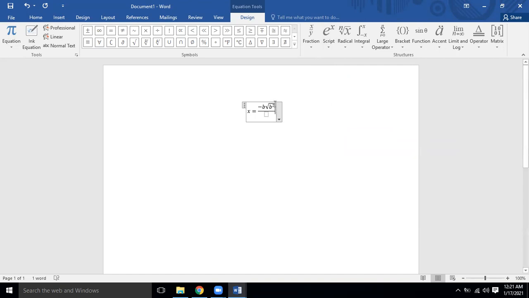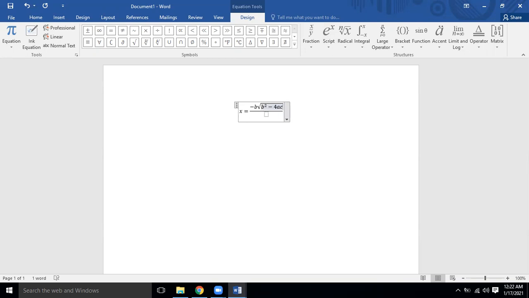Keep in mind the mouse cursor is small, but I will click over here, then the cursor will come in the numerator. Here I have to type the text minus 4ac.